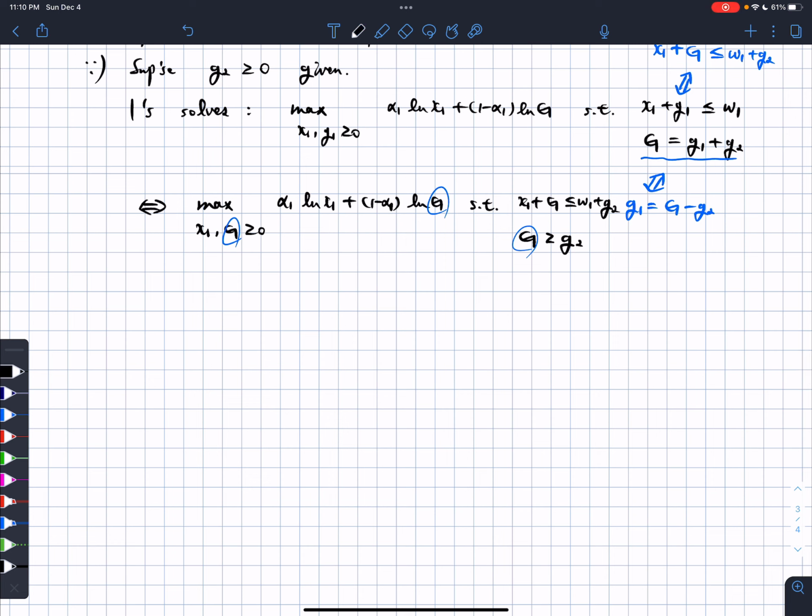So I will eventually go over an algebraic solution of this problem. But let me first try to get your intuition for what the solution would look like. And that is by, first of all, distinguishing whether this condition would hold with equality or not. In other words, if the second constraint is binding or not. Okay, so